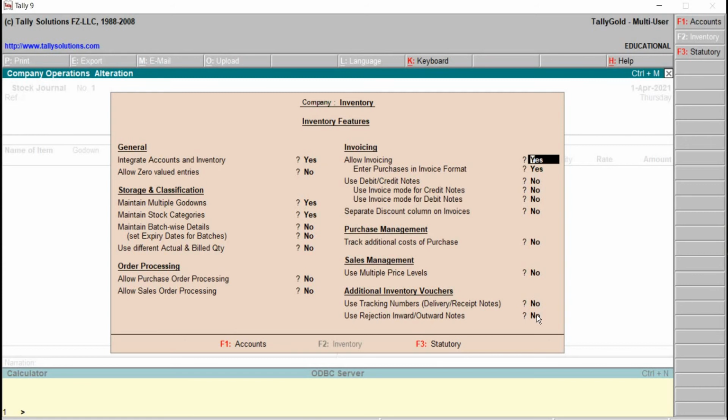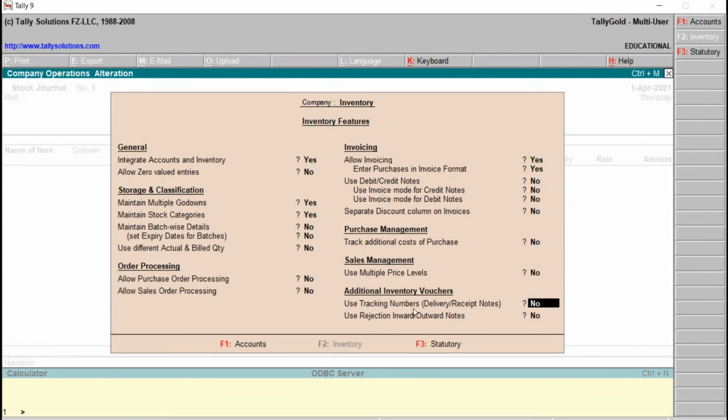Just take the pointer here. The pointer is not going to that one. Then what has to be done? Just backspace, right? What has to be done in that case?